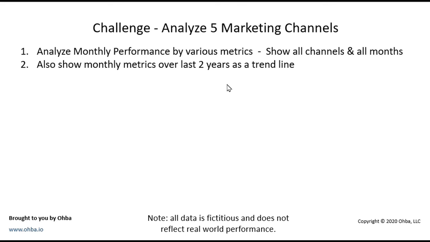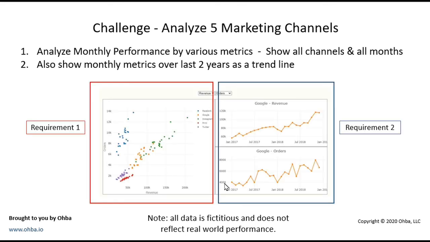Here is how we solve this, and we will go to a live demonstration. We created a screen that had 2 elements on it. The left side was a scatter diagram that met the first requirement. It shows all channels, all months, and we color coded for an easy visual grouping. The right side met the second requirement. We were able to show the x-axis and the y-axis metrics as a 2-year trend line with each of the